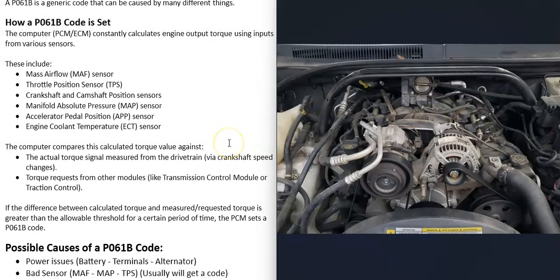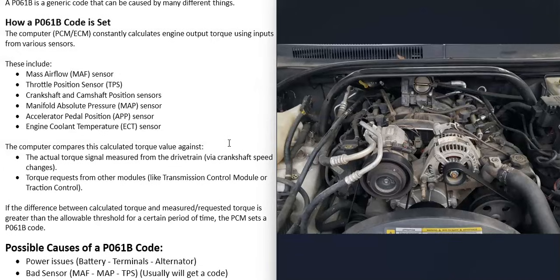And depending on the vehicle, the year, the make, the model, the computer software, how this code is set can vary a bit. But the main thing that's going on is that the computer is going to be getting different input from different sensors, like the mass airflow sensor, the throttle position sensor, and it's going to compare this and do its calculations to what the engine output is. For example, like how fast the crankshaft is spinning, information from the transmission control module,